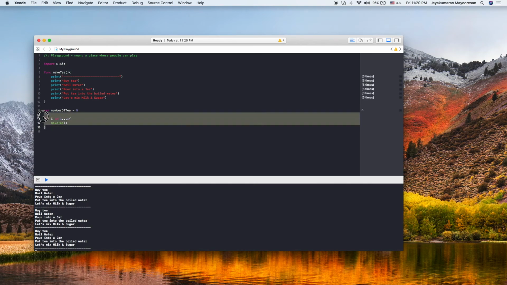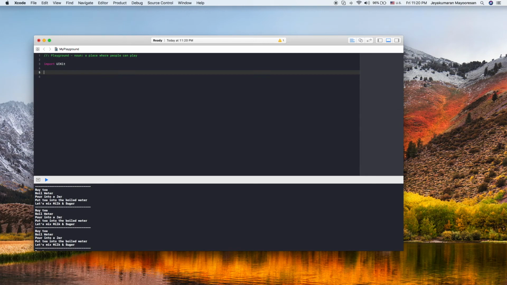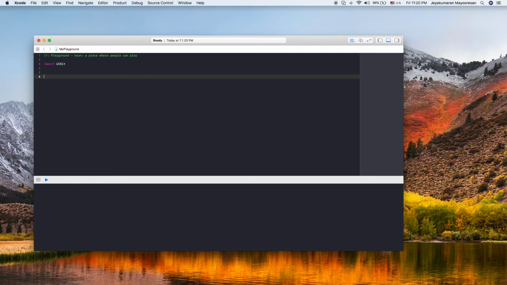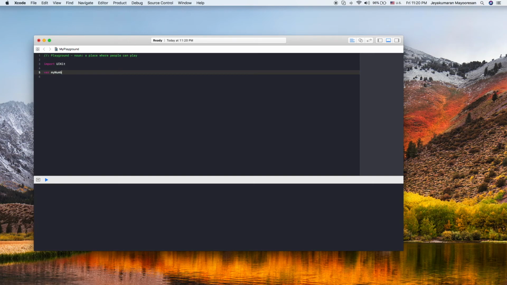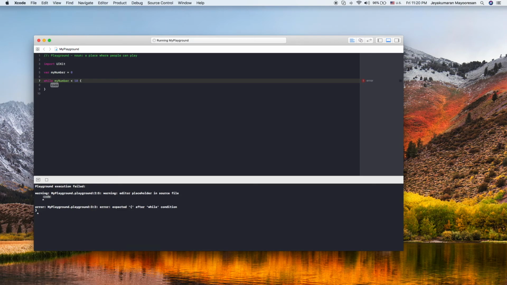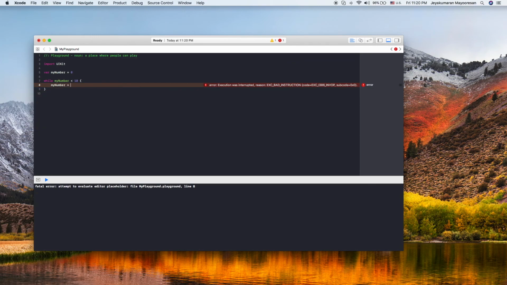Another thing I'm going to touch on is the while loop. A while loop is similar to the for loop. It's going to run again and again while the condition is met. Let's see how to do a while loop. First, I have a variable myNumber equal to 0, and then I'm going to run a while loop. This is how we do the while loop: as long as myNumber is below 10, I'm going to run this loop. So let's say myNumber equals myNumber